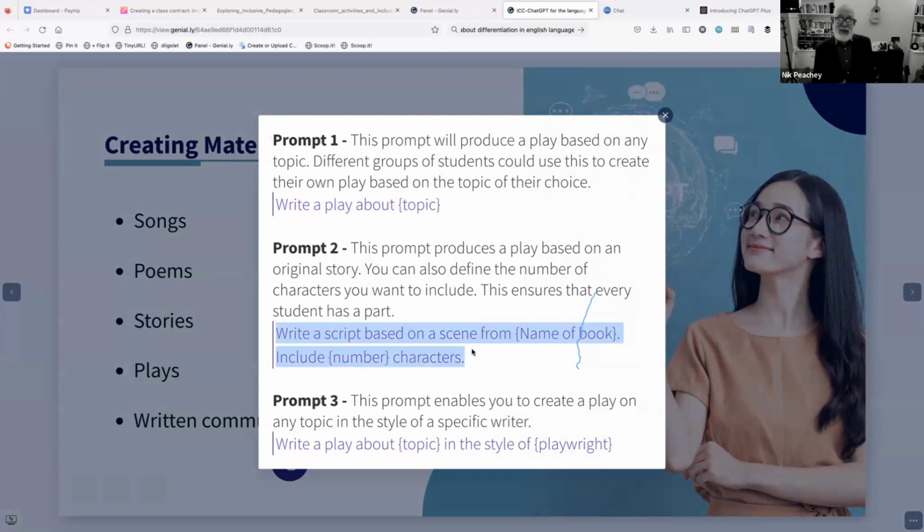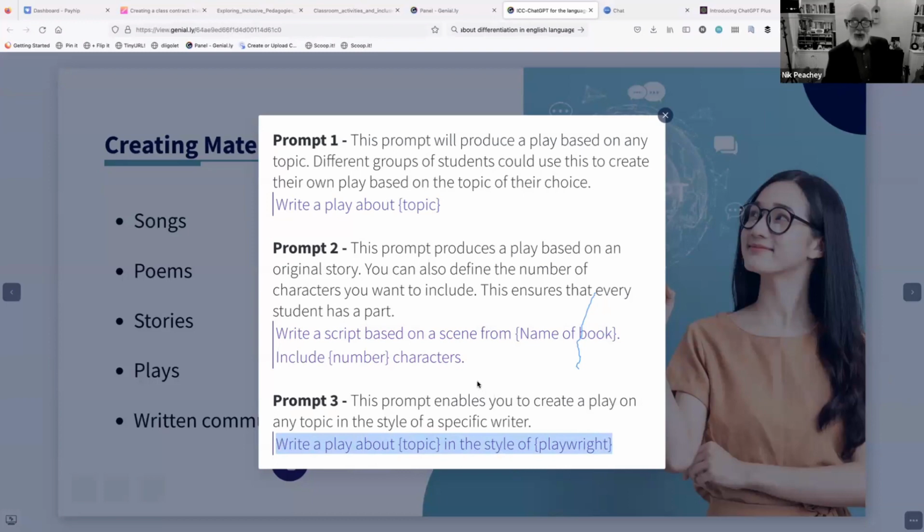For example, if you're studying a specific book, it can write a script based on one of the chapters of that book, or it can be based around the characters in that book. You can also get it to write a play in the style of Pinter or in the style of Shakespeare, which again is really nice if you want to do drama with your students. If you're studying a particular writer, that can make that come alive. So, again, great way to get